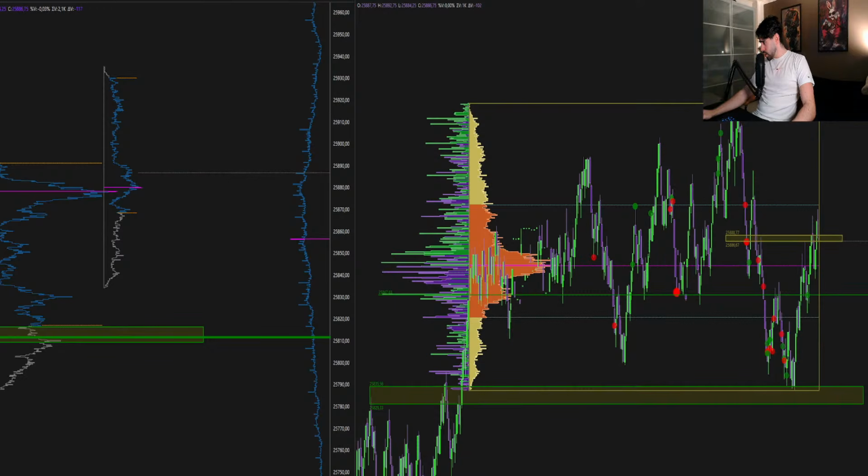Hello. The delta of the fixed range profile can be seen on Deepcharts. I don't think so. I think on ATAS you can also see it. But yes, I don't know. You have to ask somebody that uses ATAS. Write in the Discord. Somebody will answer you.